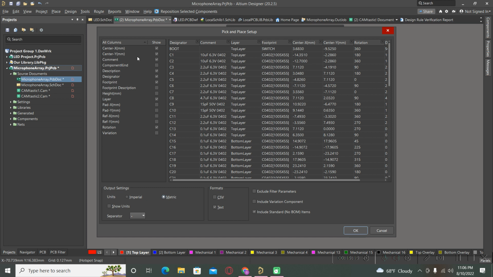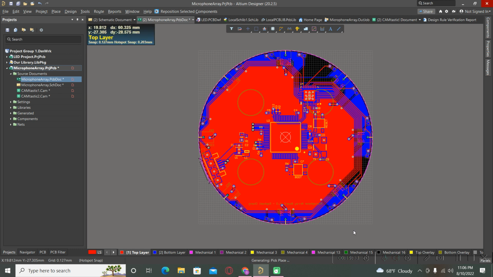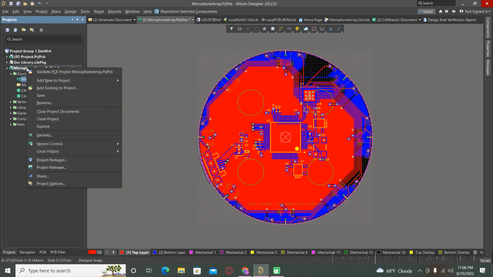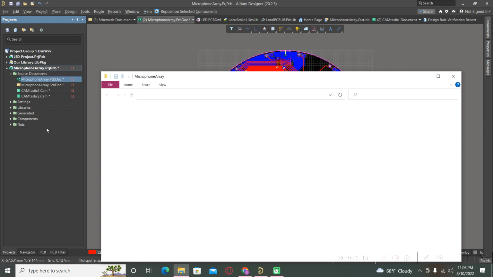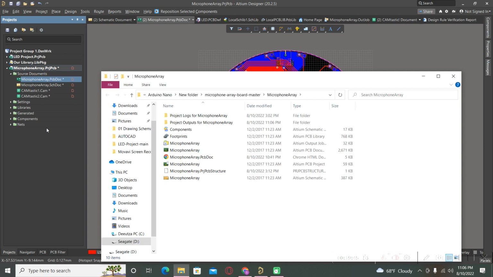You can simply add or delete them from these columns, and if you select OK, one file will be generated, and for this we should go directly in the project, press here explore, and here